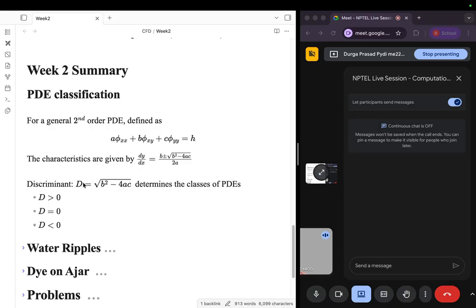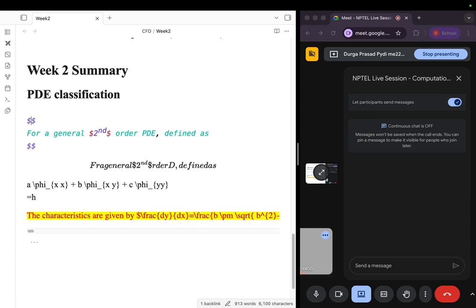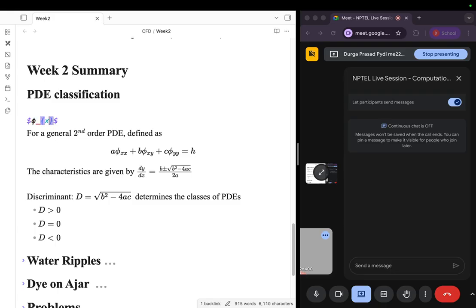So the whole idea is, when we have a physical quantity of interest which varies as a function of several variables, then we define something called a partial differential equation, where let's say phi is the variable of interest which varies with respect to x and y. Phi xx is the derivative of it with respect to x. We first define phi x as a partial derivative, which essentially means the rate of change of phi with respect to x provided y is constant. If you have a general second order PDE, here second order refers to the order of the highest differential term in this,